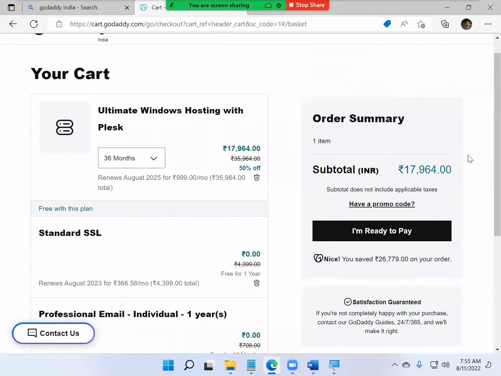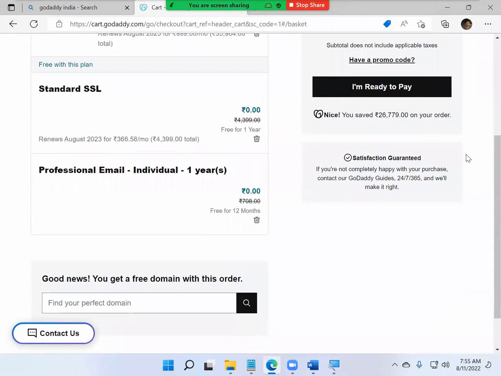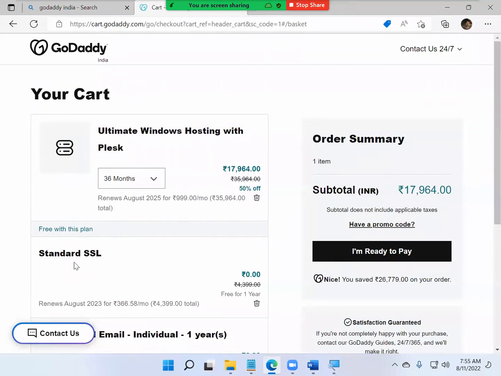Selected a wrong thing. Just a minute. Where is the delete option?